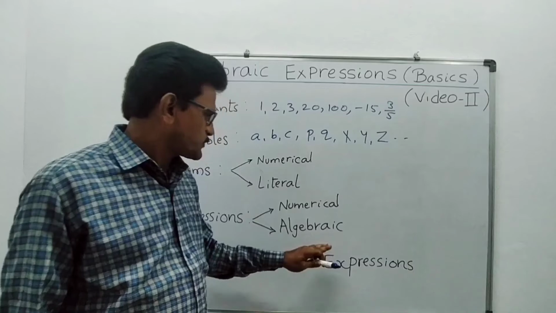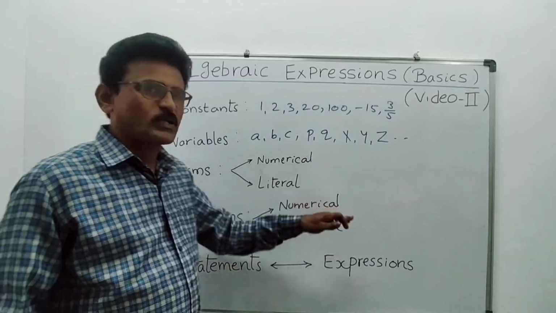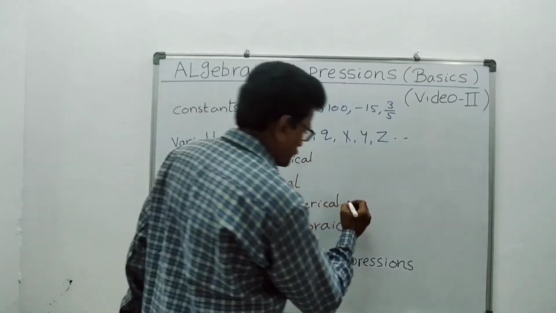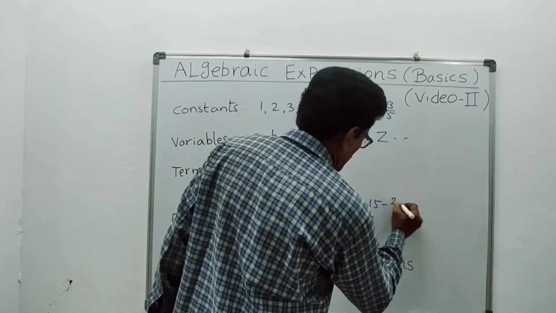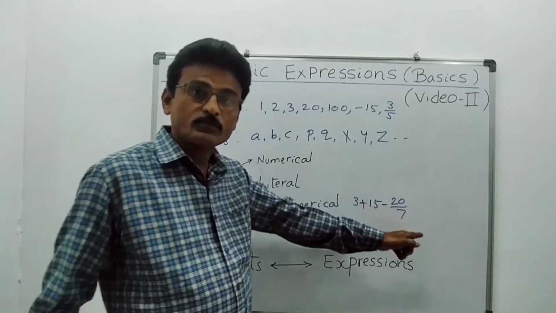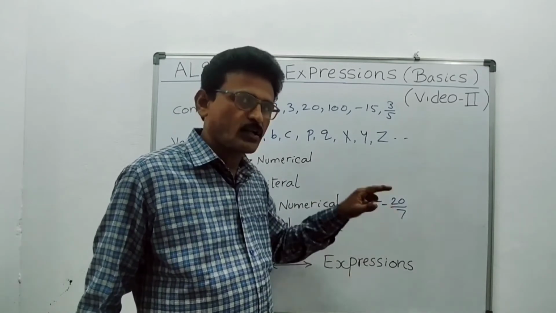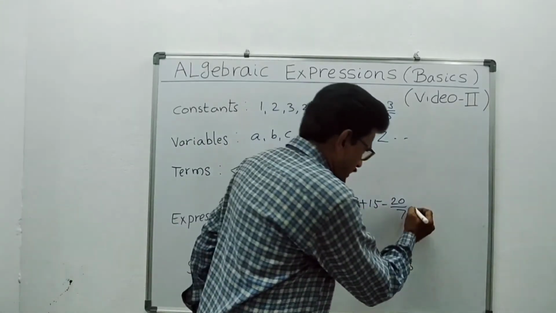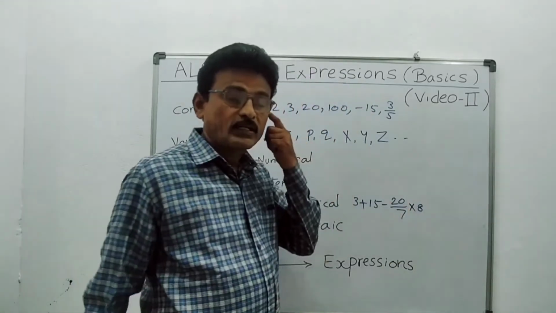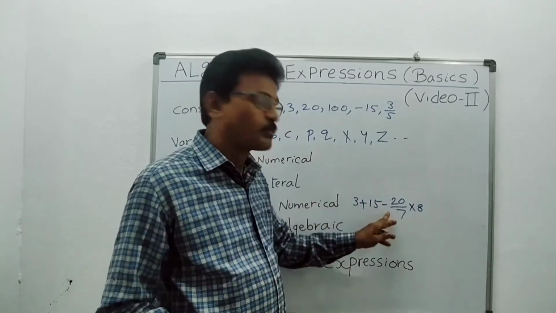Okay. Now, expressions. Again, here numerical expressions and also algebraic expressions. What are numerical expressions? See, if in the expression all the terms are only from numbers. Suppose 3 plus 15 minus 20 by 7. See, here 1, 2, 3 terms are there. Terms are separated by using either plus symbol or minus symbol. Remember that one. Not by division symbol or multiplication symbol. If division is there, and suppose multiplication symbol into 8 I am also keeping here, see, this everything is a single term. Terms are not separated by division symbol or multiplication symbol. They are separated by using only plus symbol or minus symbol.